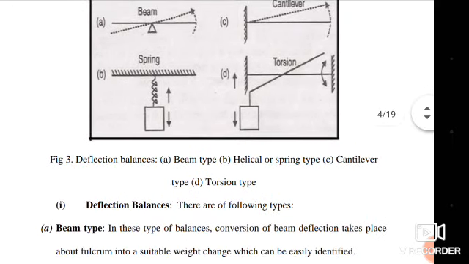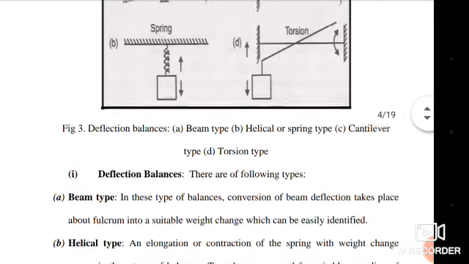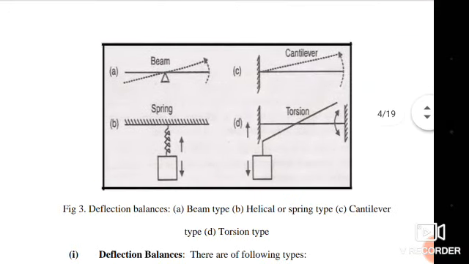So deflection balances are the beam type, helical or spring type, or cantilever type. So the torsion and the second torsion type depending upon their movement. So these are the thermobalances. So what is the theory and principle of